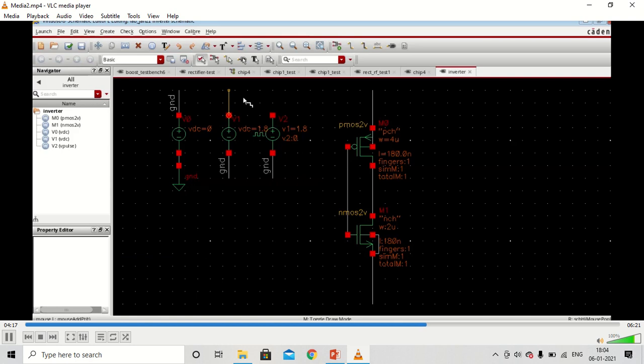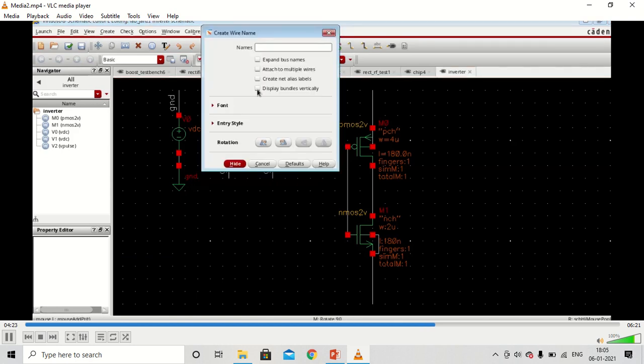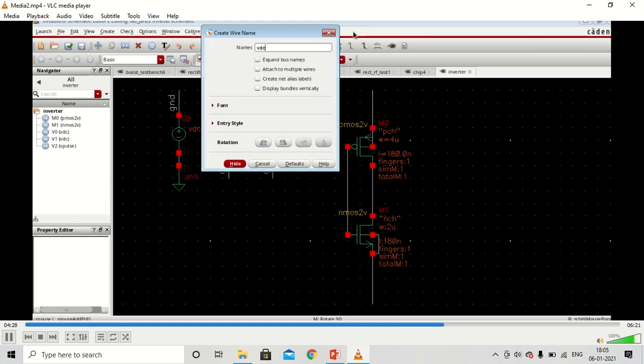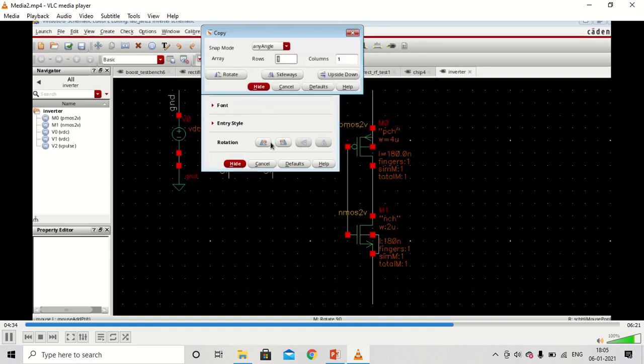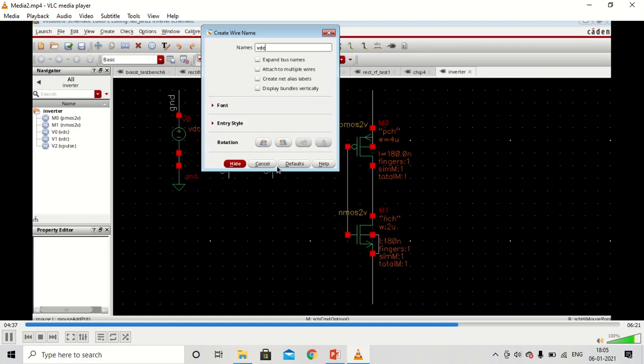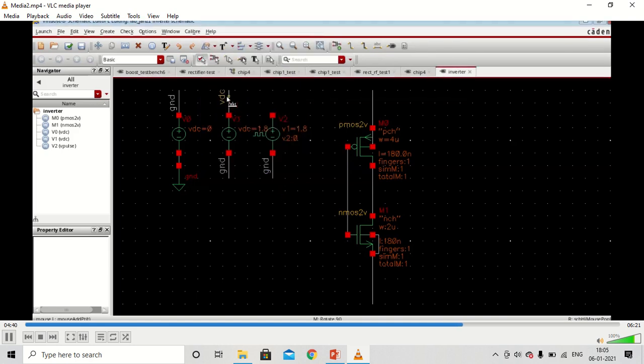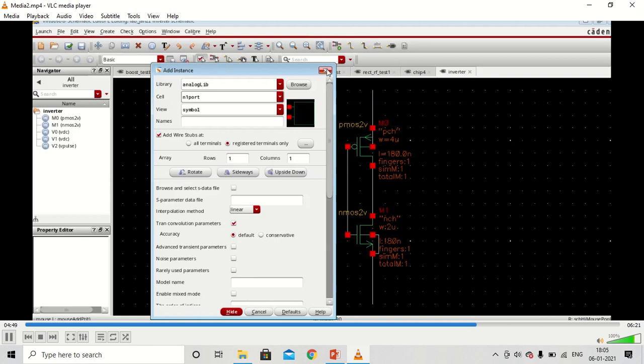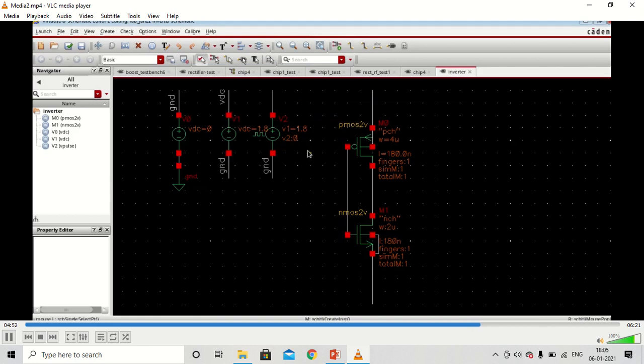For the DC source and the V pulse, in a similar way, press L and write the name. There is some lag in the system because I'm accessing it remotely. I will call my V pulse V in.